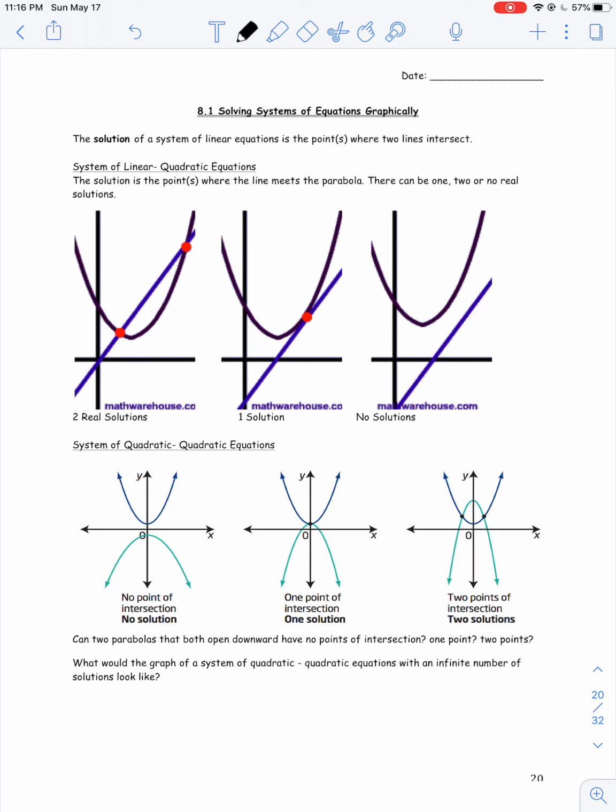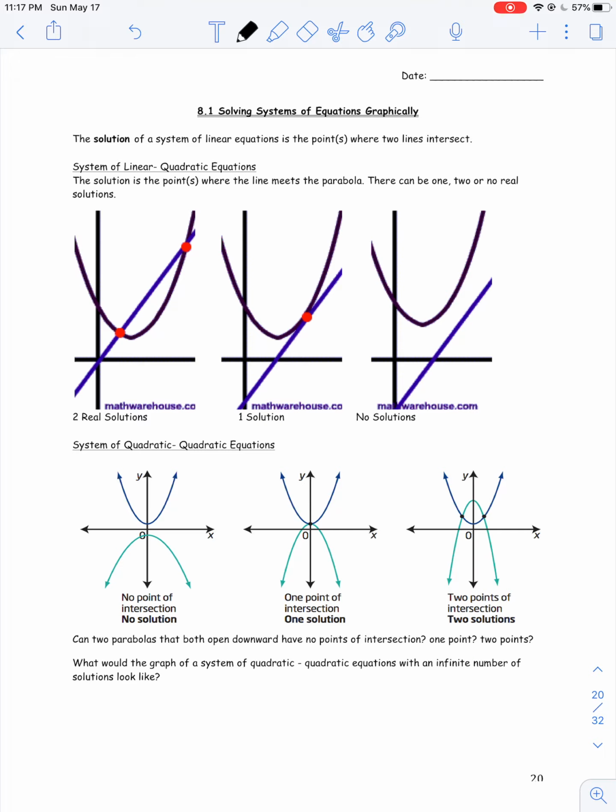Lesson 8.1, Solving Systems of Equations Graphically, is all about looking for the intersection between two graphs. So in 10C, you should have found the intersection between linear equations. Now, this is going to be the same kind of idea, but we're comparing quadratics to linears and quadratics to quadratics. So what can happen is you can have two solutions, like in the first case right here, where you